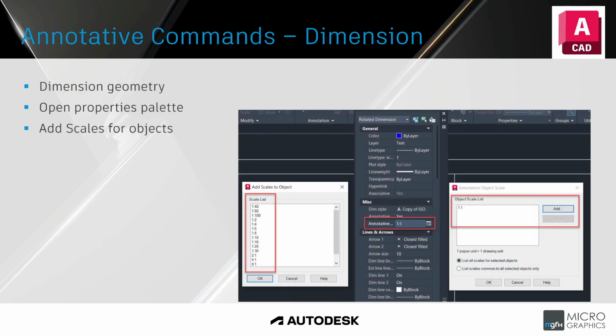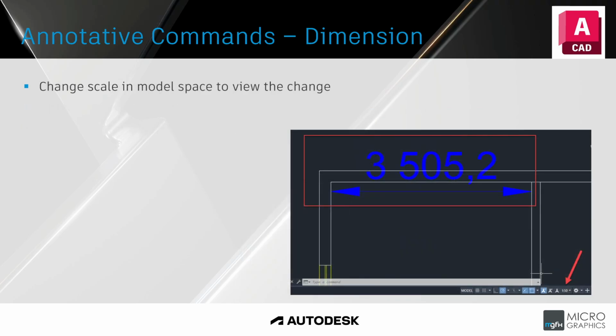Once you've created your dimension style, we're going to create dimension geometry. Open up the properties palette with the dimension object selected, and then add all your scales as well. So it's the same process as your text. And then what we'll do is, at the bottom right hand corner over there,